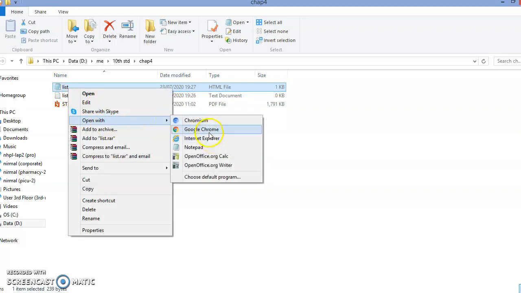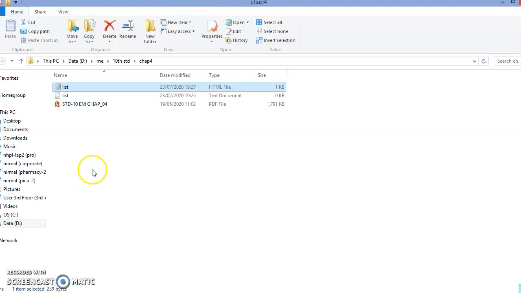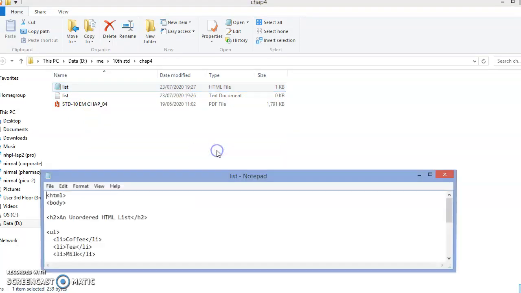Open with Google Chrome. See, an unordered HTML list. Now we are going to see the coding for it, same as shown in our textbook. I hope you are able to see the coding of this output.